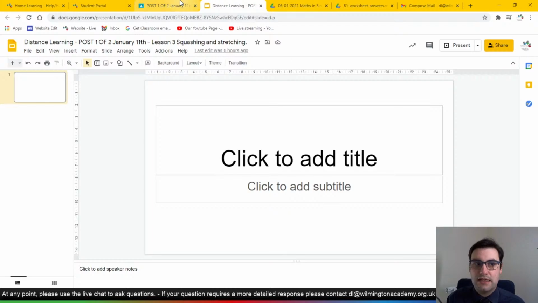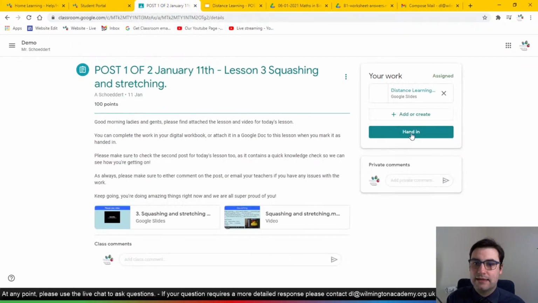Once I have done the assignment, I can click the Hand In button here in order to hand that in to my teacher, and then my teacher is able to see that I'm done this and it's ready to be marked. We'll also note that in this case, students can add more work to this or secondary posts,